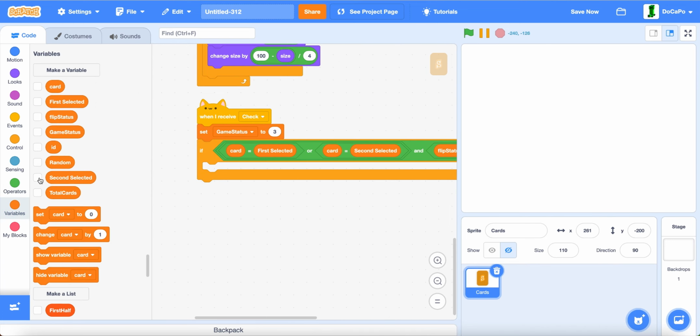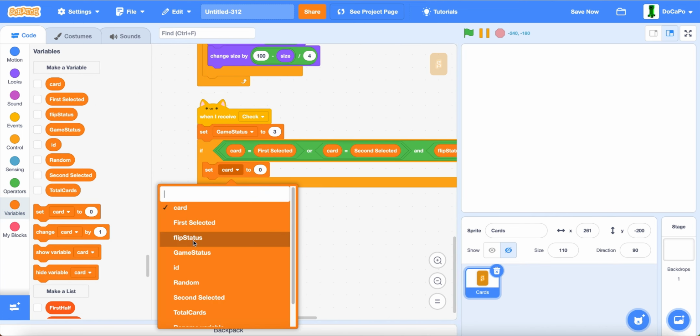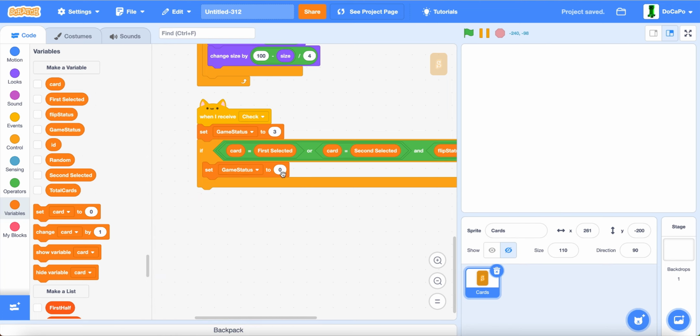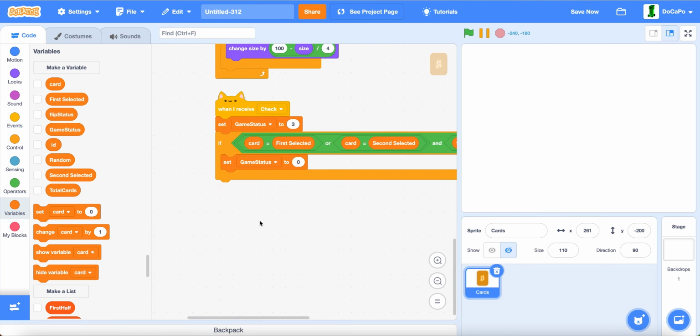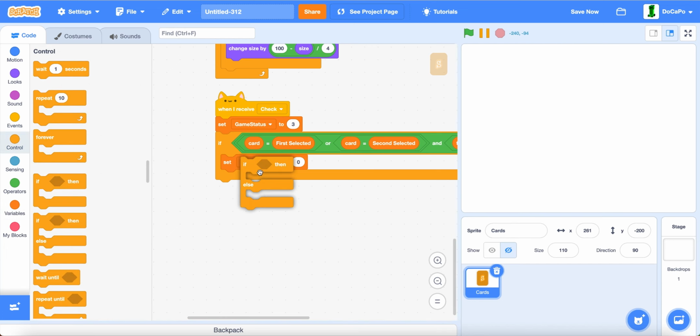Now, in here, set game status to 1, or actually 0,